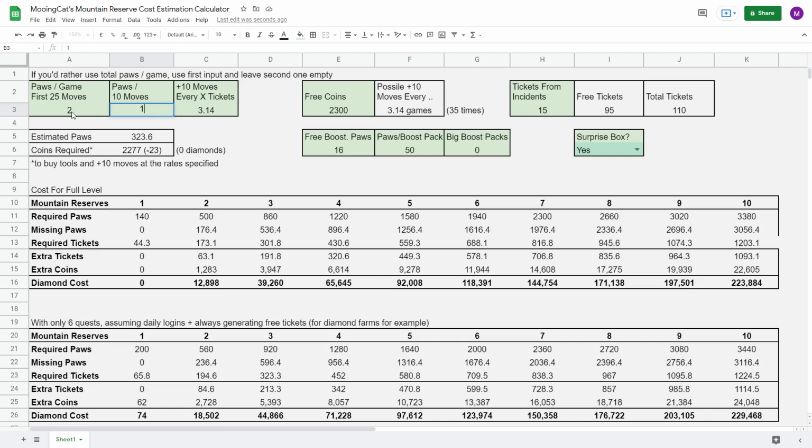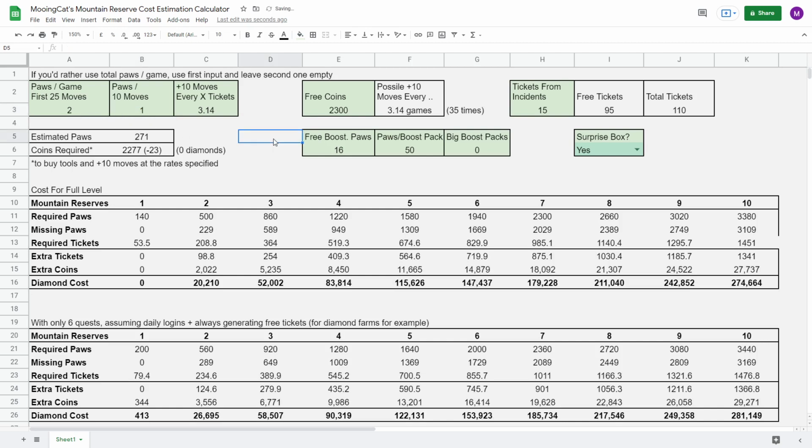Sorry. Let's say you get 1 additional paw per 10 moves, and then let's keep that there. So if that's your numbers, now you see that you get quite a bit less. You get 271 estimated paws, which is still plenty in regards to the level 1 building. But here you need a lot of diamonds for